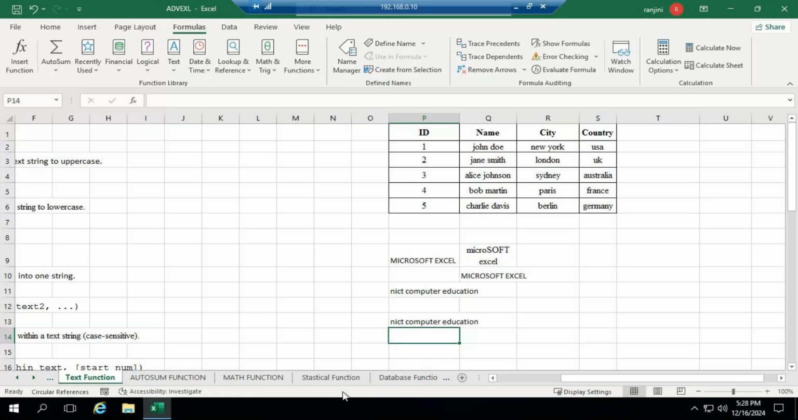Okay. Concatenation means you are joining the text, and you are displaying it in one single cell. Suppose if you have first name, middle name, last name, you can combine it and display it in one single cell. See, I have first name